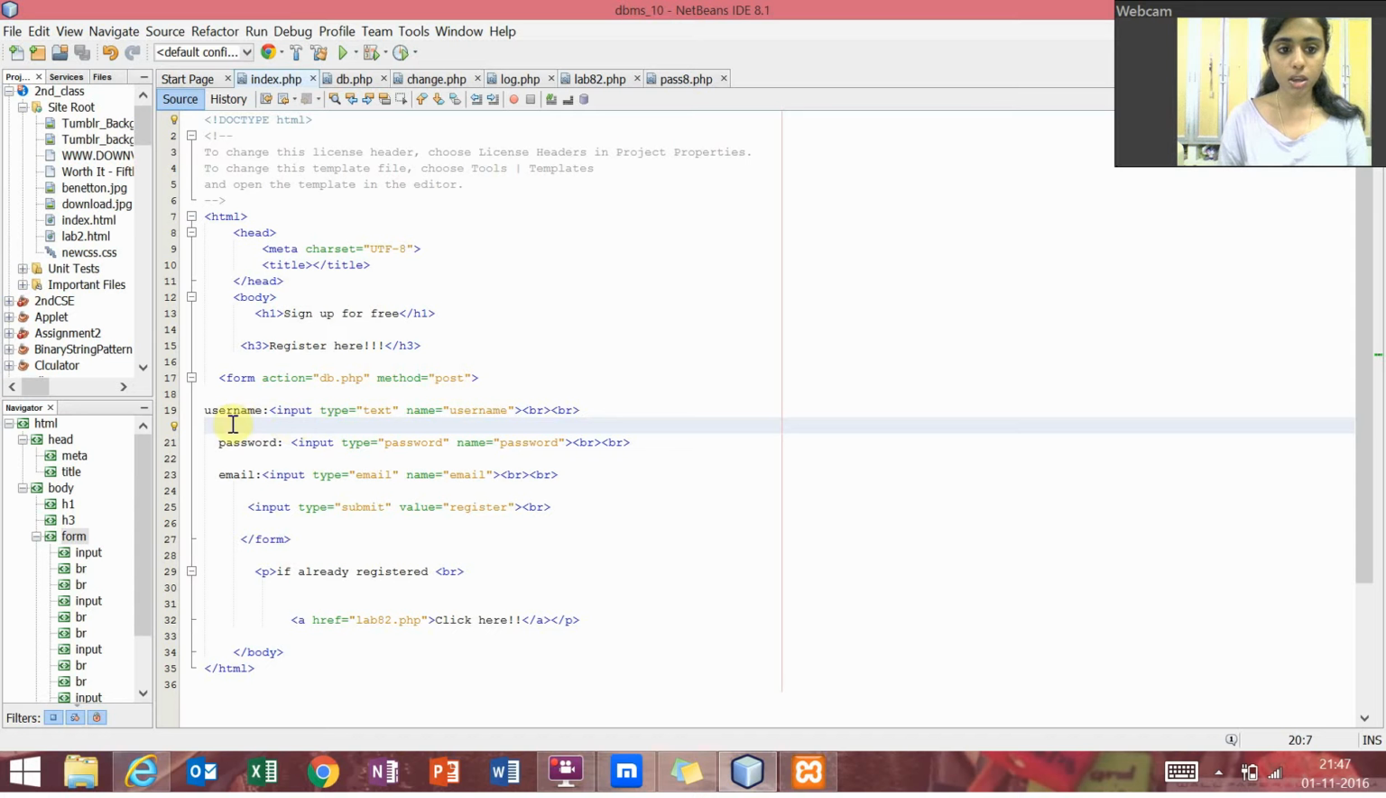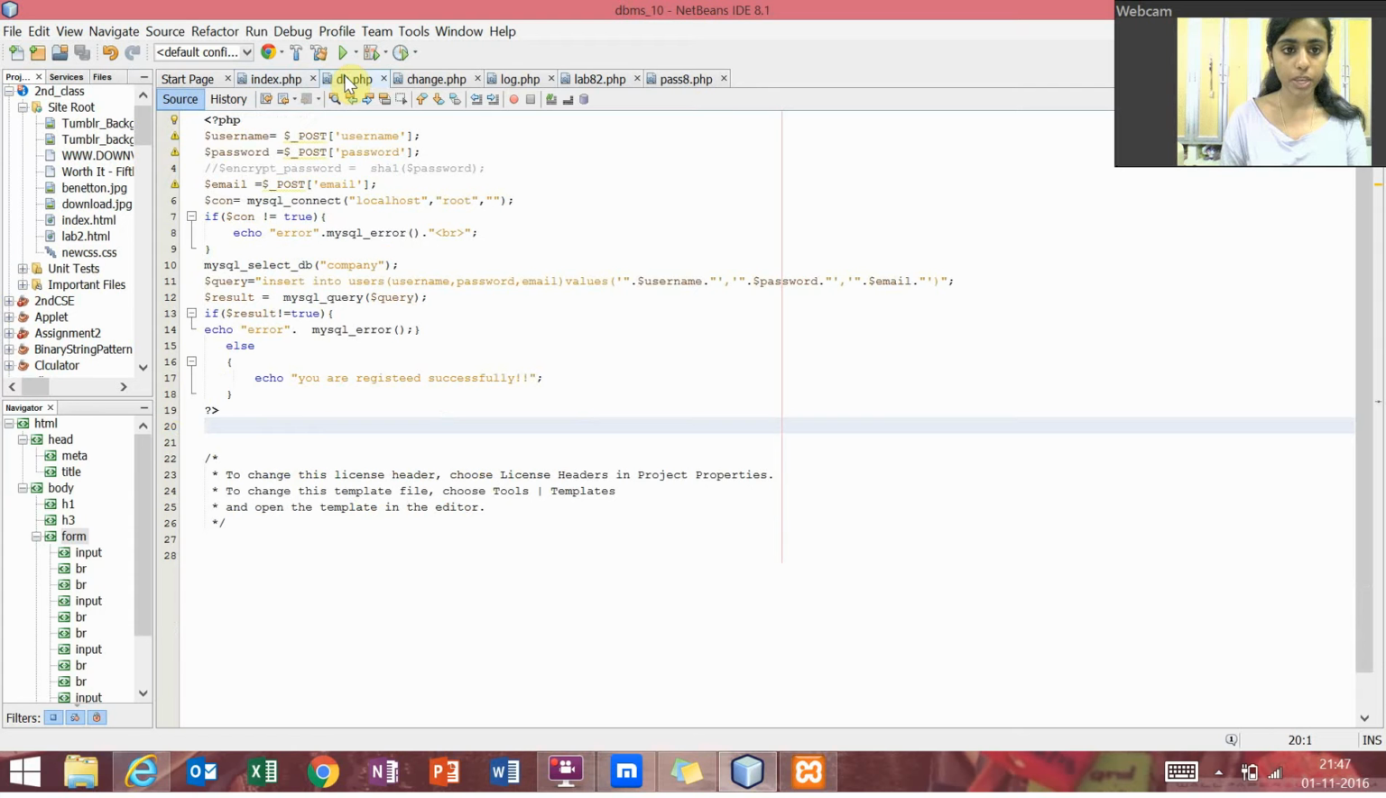Then I have given a username, password and email, each with text boxes along with it. Then I have given a submit button with the value Register on it. And then, if already registered, I have given another anchor tag which will link on to the next PHP page, that is lab82.php. Now for the first one, for the ones who have newly registered, I'll move on to db.php,